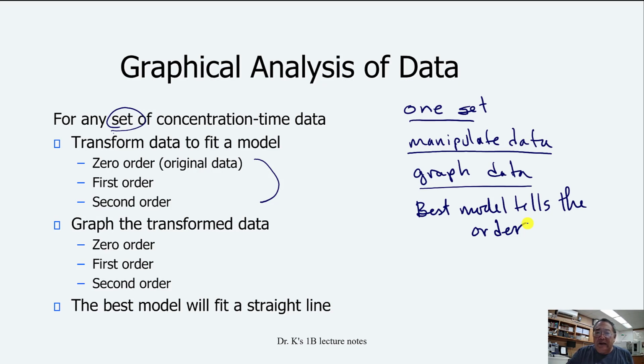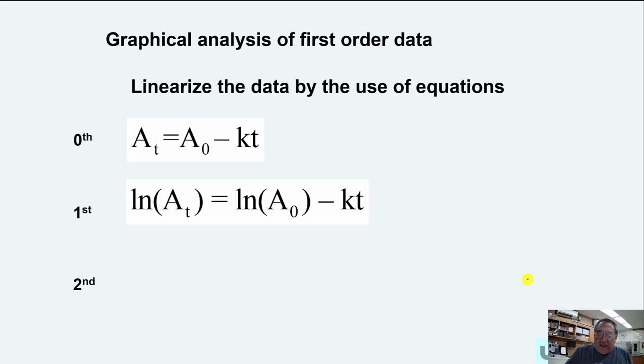What we're doing here could also be done using rate law information, like how fast the rate is changing with concentration, right? We can do that kind of stuff as well. And that's stuff that you've already learned how to do, but this is how we can treat a whole set of data at one time. Okay, so,